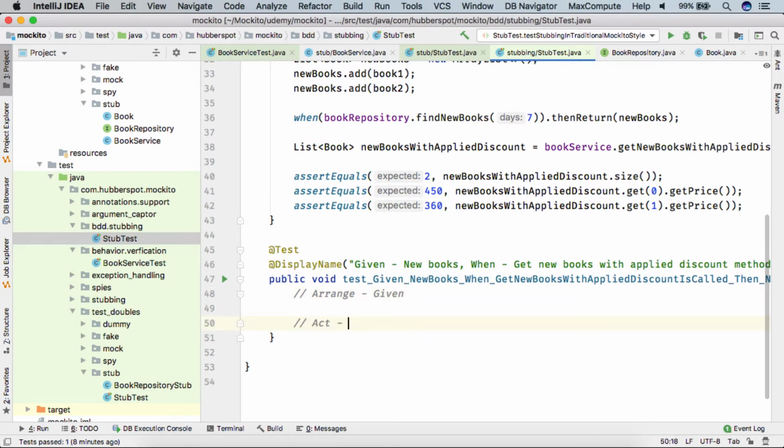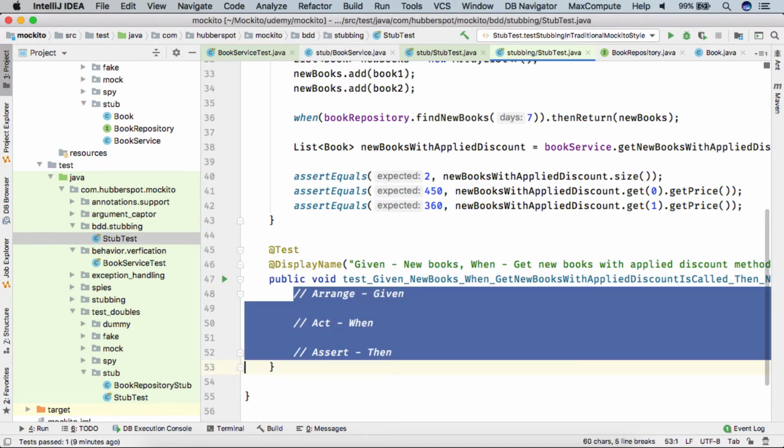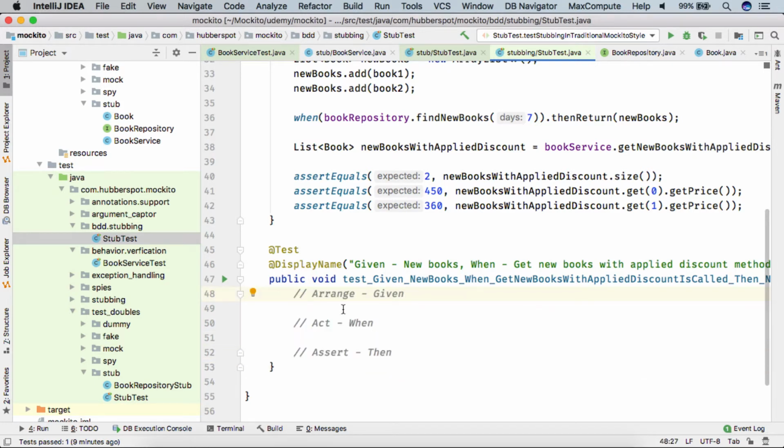Then is act, which is when. And then is assert, which is then. So ideally we break our test case into these three parts. Now let's see what goes in each of these parts.